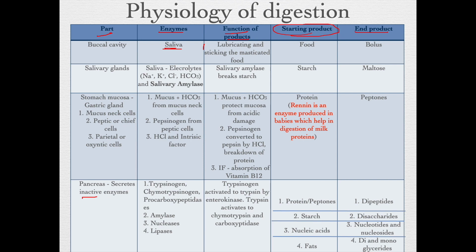And there are 4 groups of enzymes which are produced. Each group digests a specific component of food. The first group includes enzymes like trypsinogen, chymotrypsinogen, and procarboxypeptidase. The second group consists of amylase. The third group is nucleases, and the fourth group is lipases. The first group of enzymes are all inactive enzymes, and